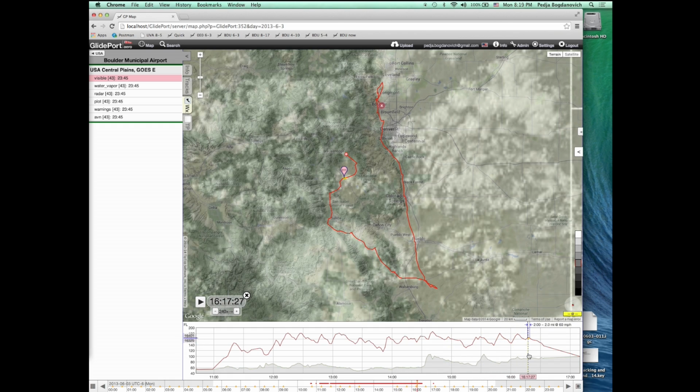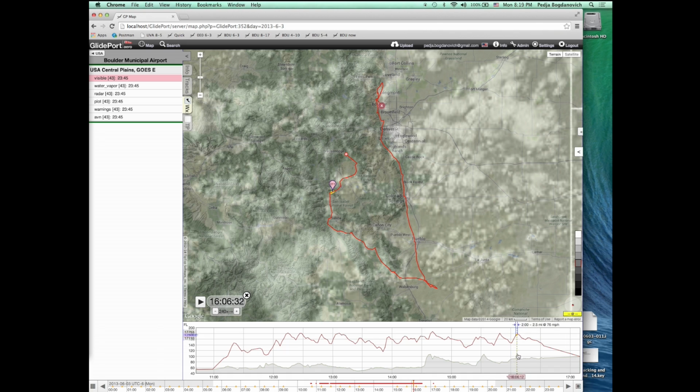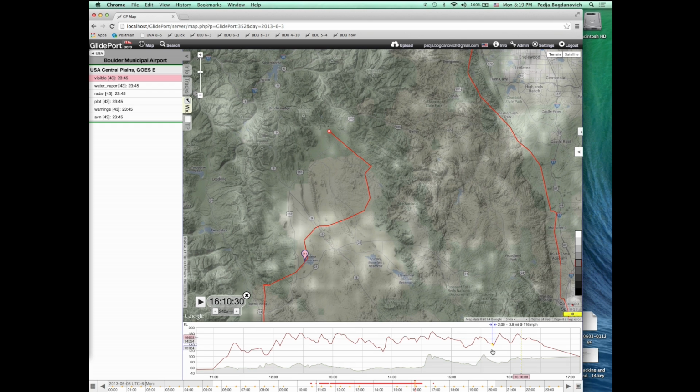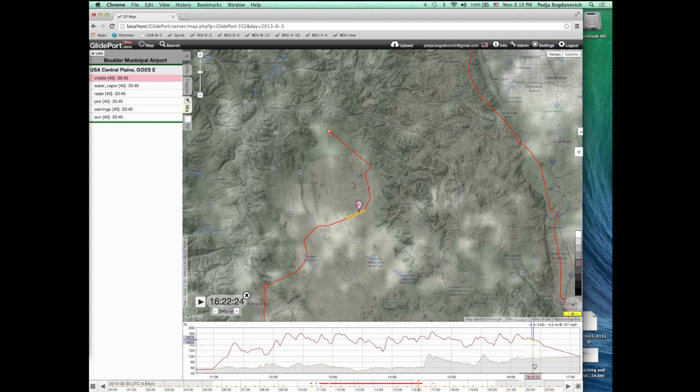As I'm moving, you can see now if I even zoom in, I'm just zooming in here on this area. You see how I went under these clouds, but this whole area is now sort of clearing up, and I'm under these little clouds, but there is nothing here. So the day basically died on me, and this gives you lots of insight into what was going on